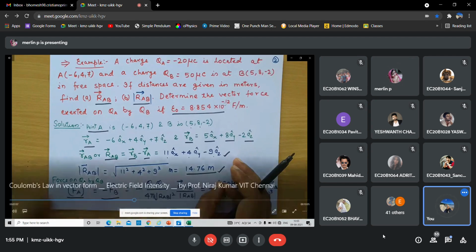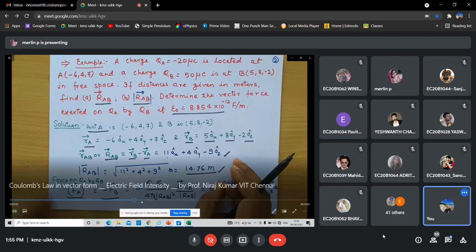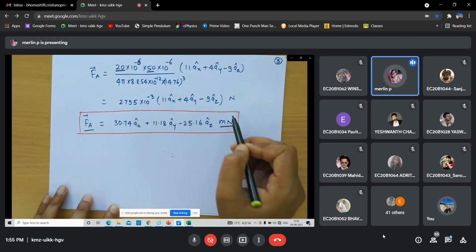Hello? Who's that? For what you are telling? Force. Force isn't a value. So this is the value. Yeah, ma'am, I got the same. You have to calculate the vector. No, you should give the vector form. This is the vector form problem I had told him. You do it like this. Ma'am, got the same, ma'am.